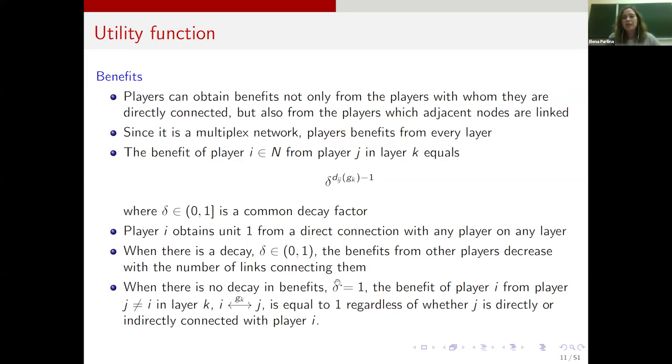So that is why the stability concept is a key concept in game theory examining networks. Also, there is another concept, efficiency, when the network is formed to maximize the total utility or social welfare of the society. But in our research, we started by focusing on stability conditions in these multi-layer